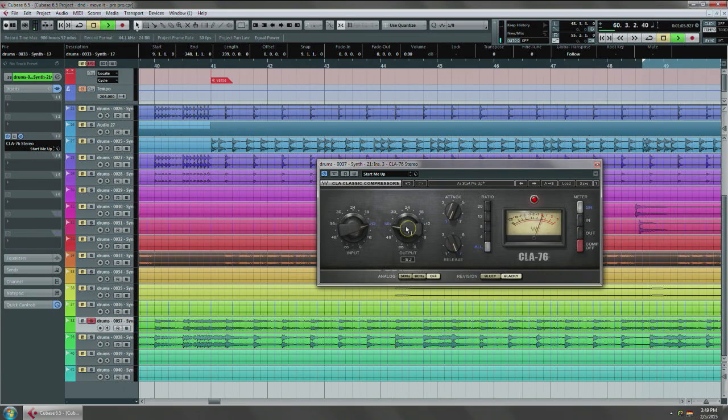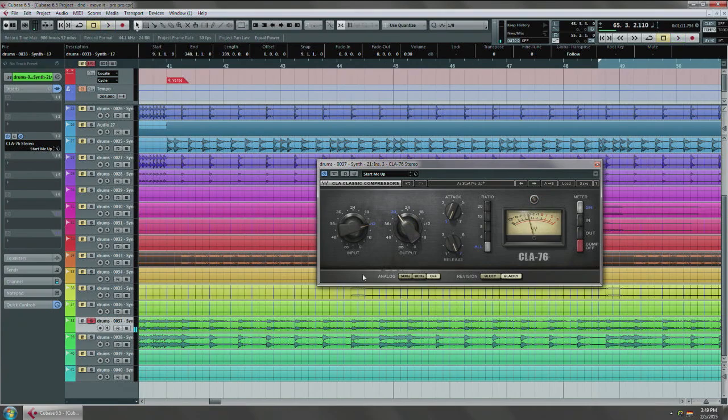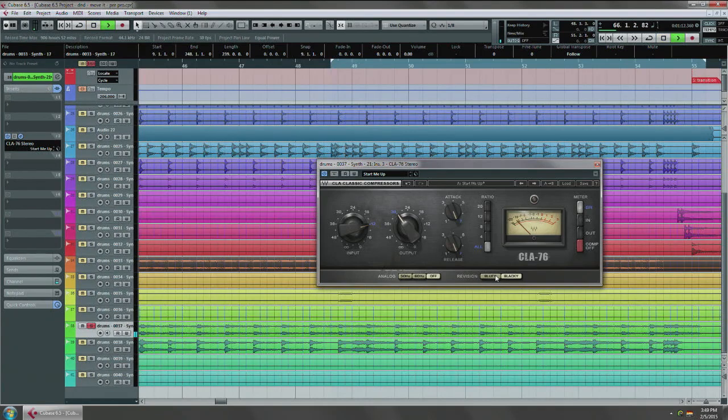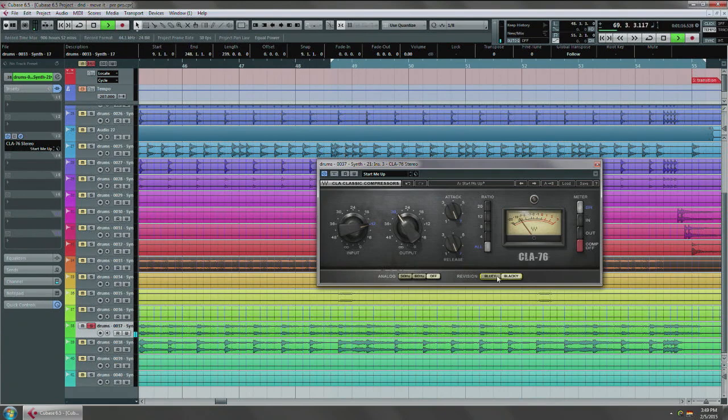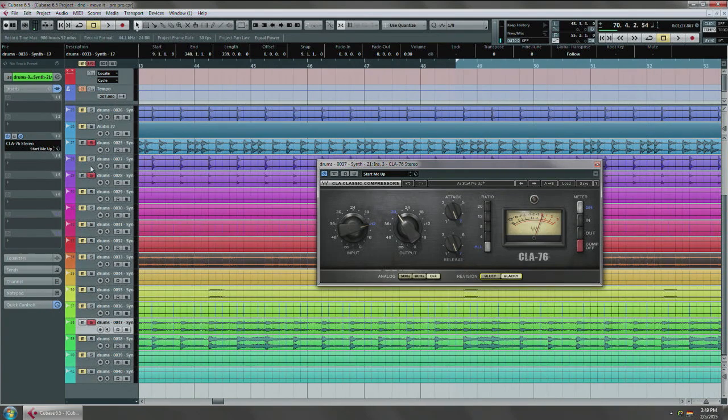Yeah, I like to compress it really hard. I mean, just go nuts with it. And then when you combine that back in with your mix,